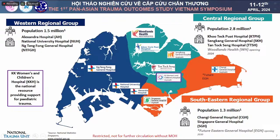Okay, so this is a map of Singapore. As you can see, the trauma group is actually divided into 3 major groups. So we have the Western Regional Group, the Central Group, as well as the Southeastern Regional Group. But of course, this is actually just based on geographical location, and the population they serve is actually quite different. The central part is not that big, but it actually serves the bulk, at least about half of Singapore's population